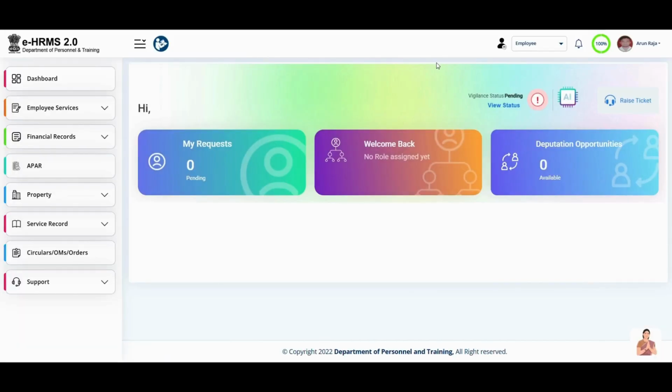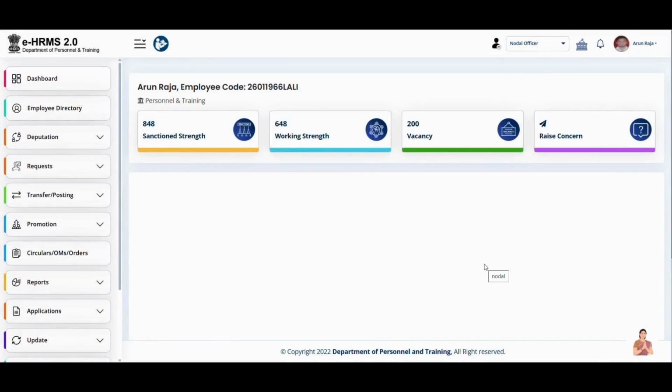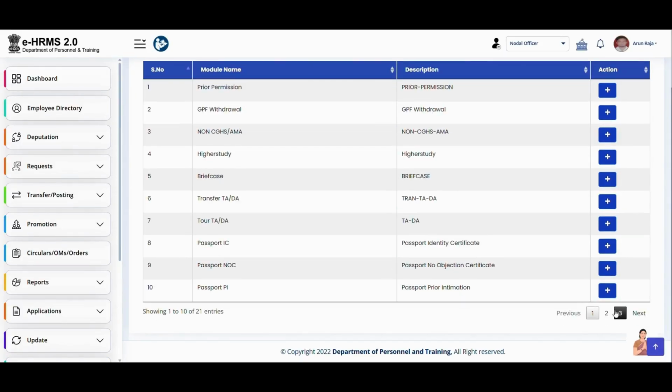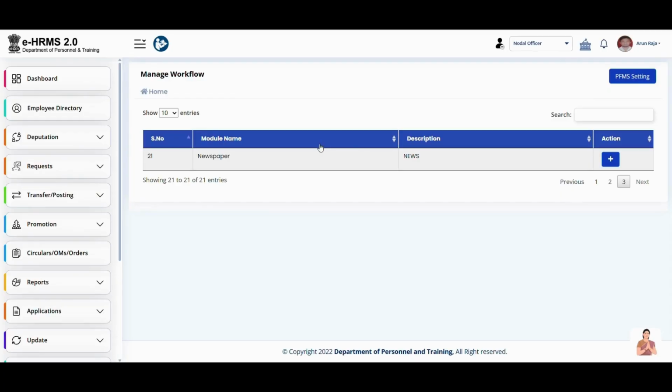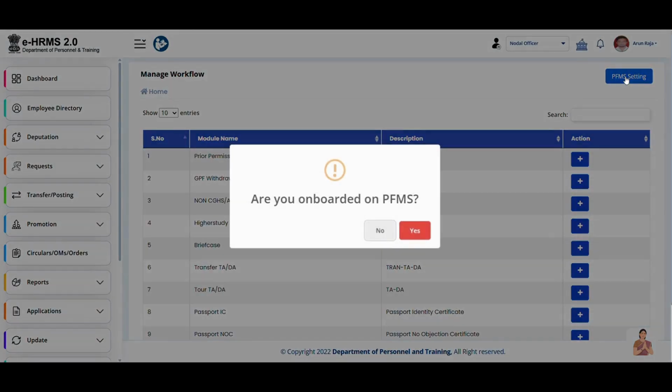To enable PFMS integration in your e-HRMS account, you need to switch to Nodal Officer's role and go to Settings and select Manage Workflow. Now click on the PFMS settings and click on Yes from the dialog,